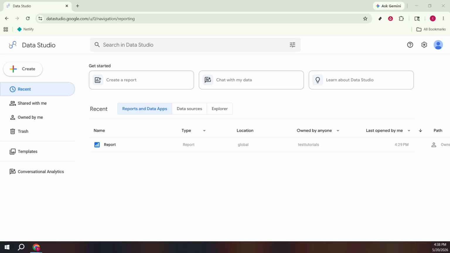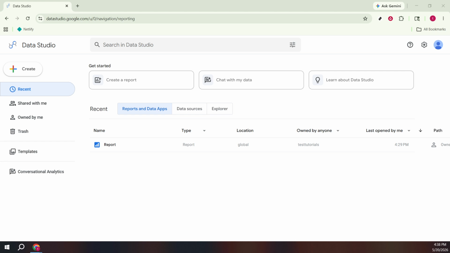In today's video, I'm going to teach you how to do custom date range comparisons in Looker Studio. By the end, you'll have a clean, reusable date selector that lets you compare exactly the periods you care about across your report. First, open Looker Studio, previously known as Data Studio, and head to the report where you want